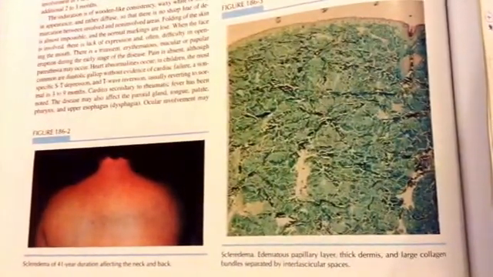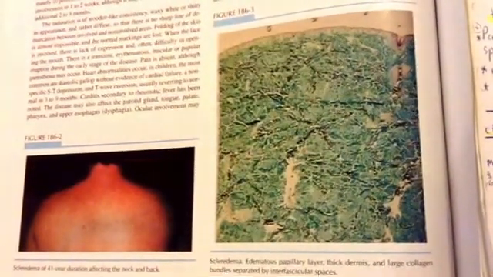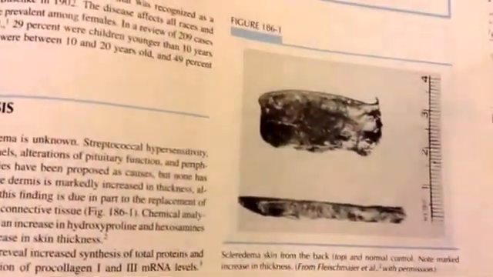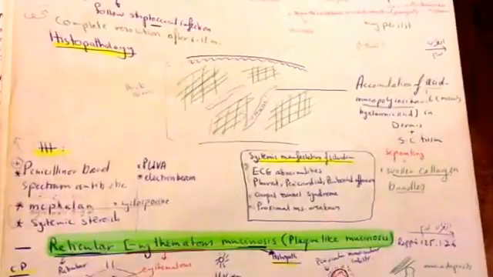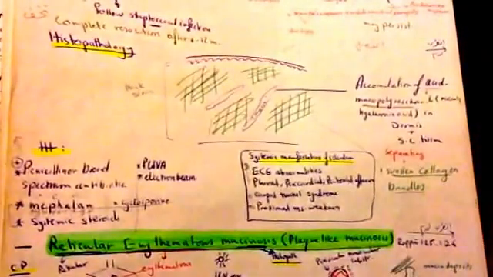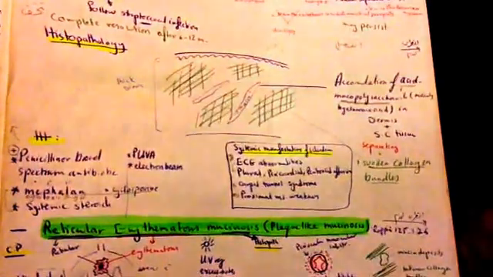This is the clinical picture of scleroderma adultorum affecting the neck and back. And this is the histopathology: edematous papillary layer, thick dermis and large collagen bundles separated by interfascicular spaces. And also, as we can see here, this is a scan from the back compared to the normal control. As we said, in the histopathology there is accumulation of acid mucopolysaccharide, hyaluronic acid, in the dermis and subcutaneous tissue, separating swollen